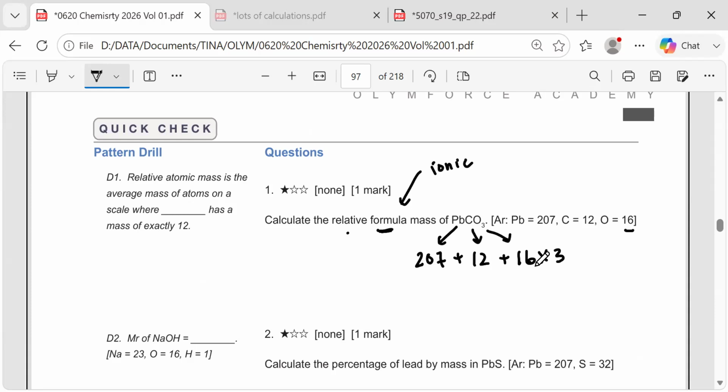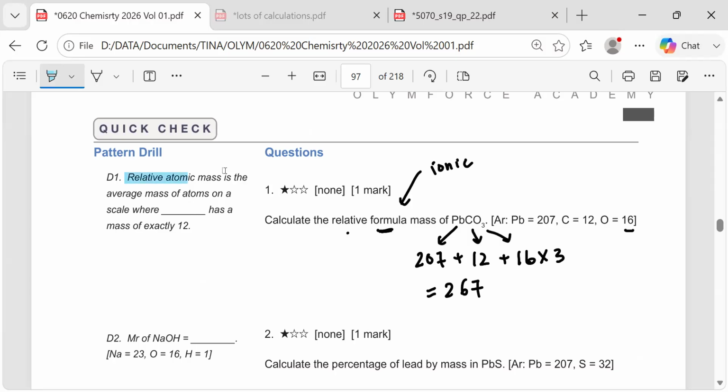So you get 267. Correct? So this is called the relative formula mass of lead carbonate. Simple, right? So these numbers that are given here are called the relative atomic mass. The relative atomic mass is the average mass of atoms on a scale where